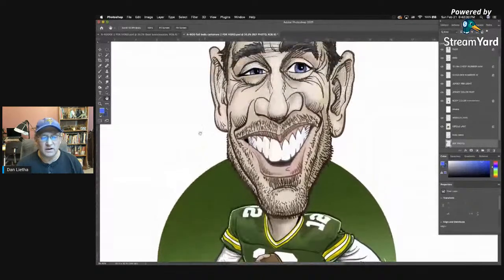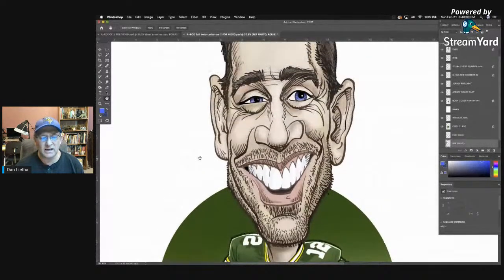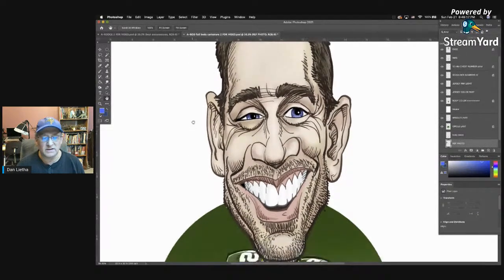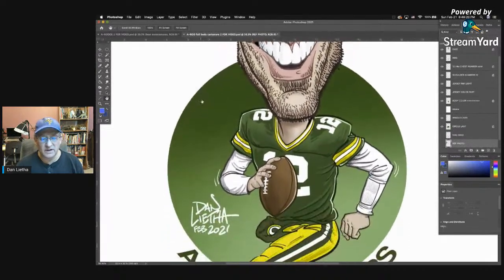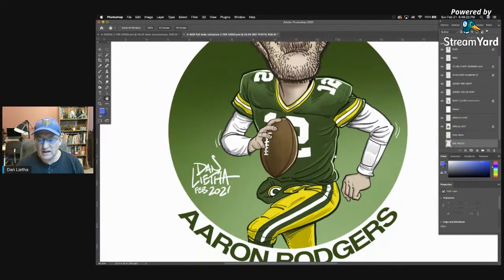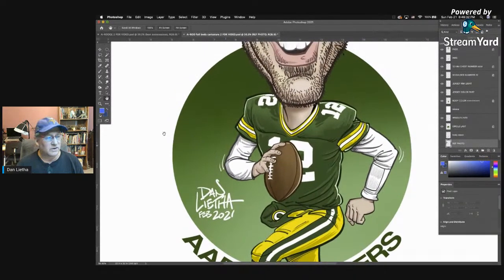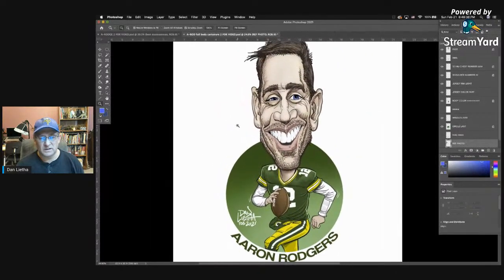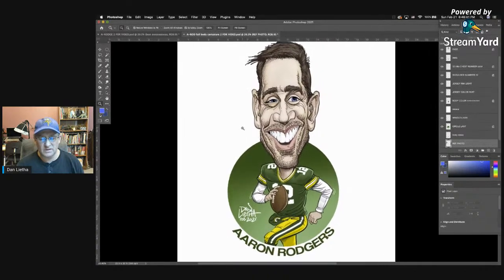And I don't know if you noticed this too, but I changed the black ink to not black. So the areas where he's got flesh tone, I used a brown line instead of the black. And then I left the eyes area. There's some more black there, so that's something that is emphasized. But even down in the jersey part, when I colored the lines there, I made a dark green for those lines, and then there's a dark brown over here for the flesh tone. So that's just another little touch that I think gave it a different look. So that's the story behind the Aaron Rodgers